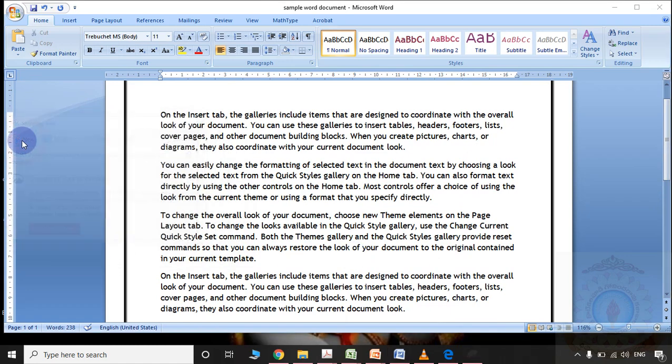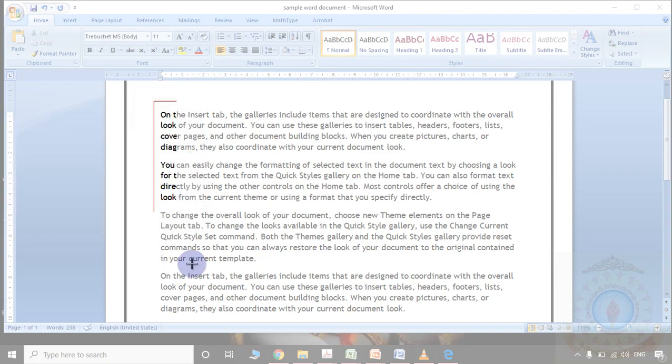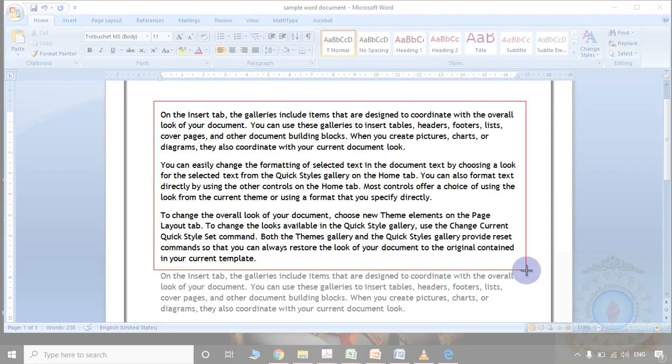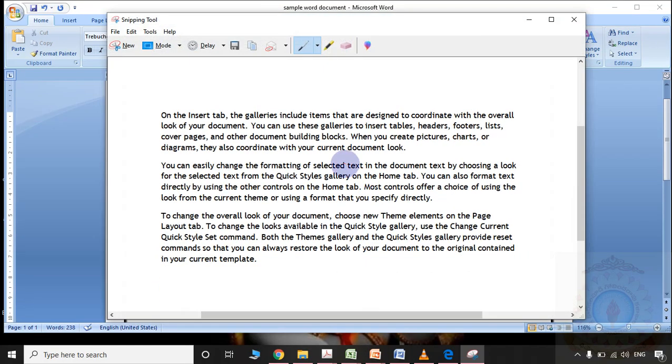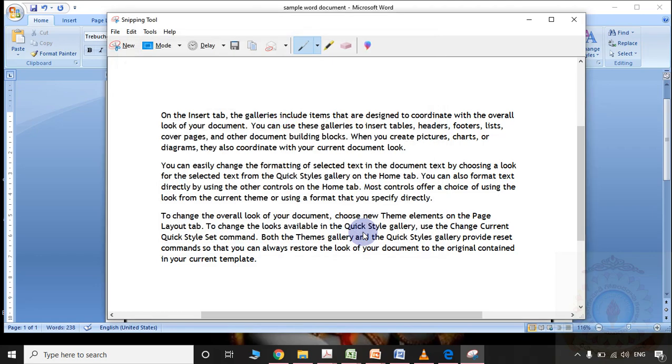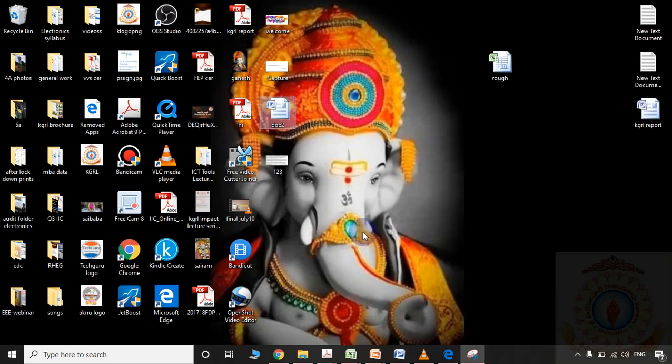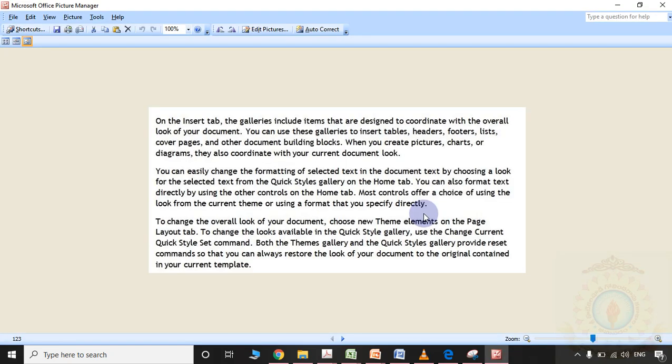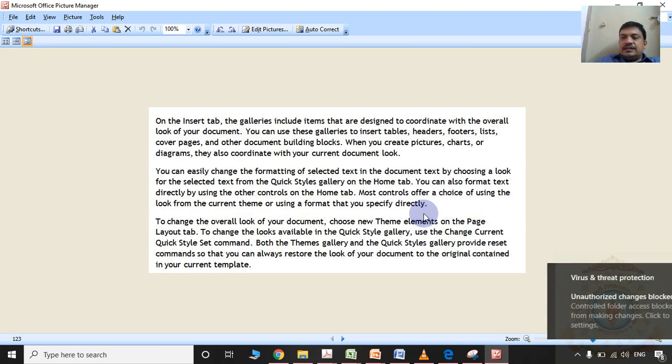So purposefully I converted the information into the image.